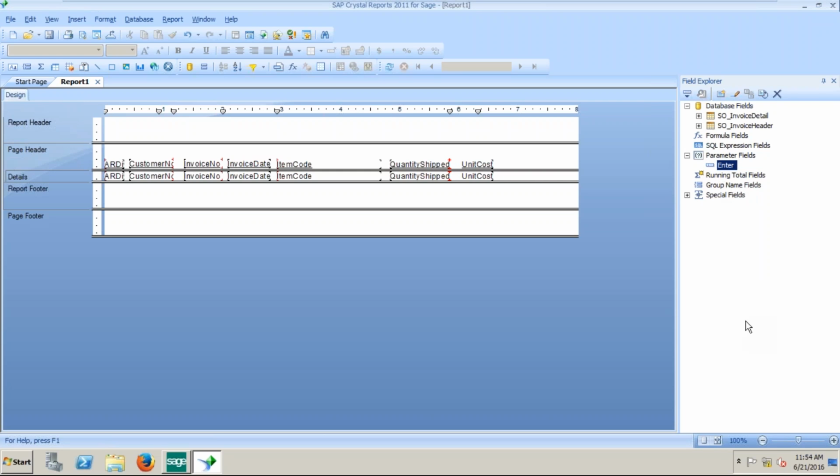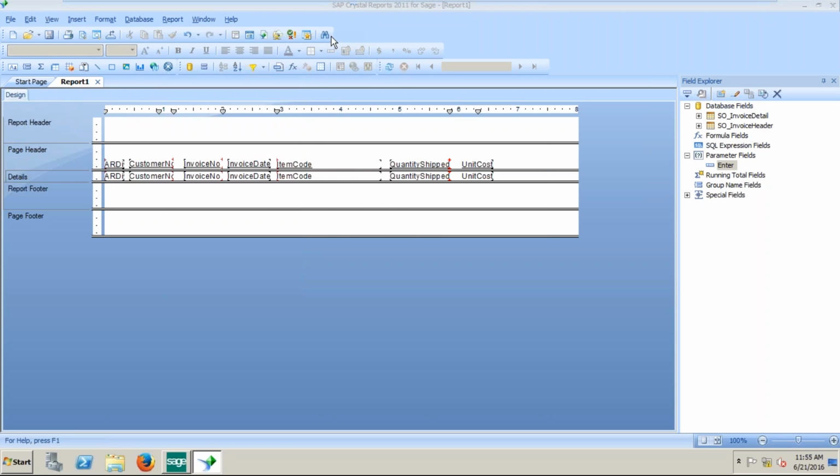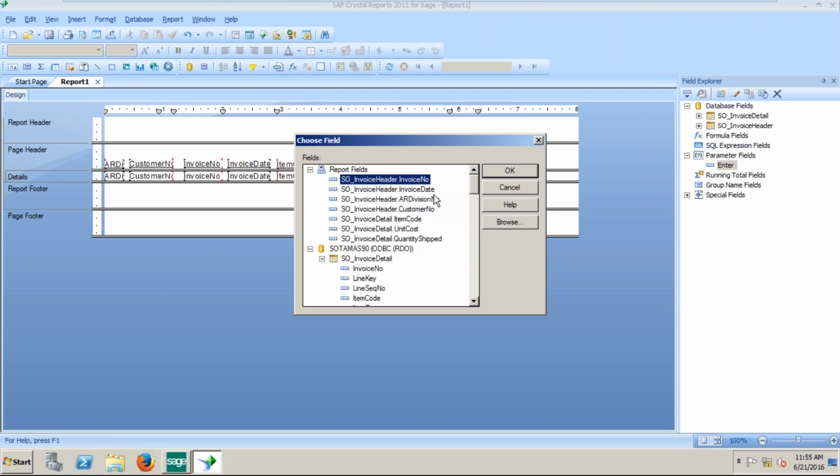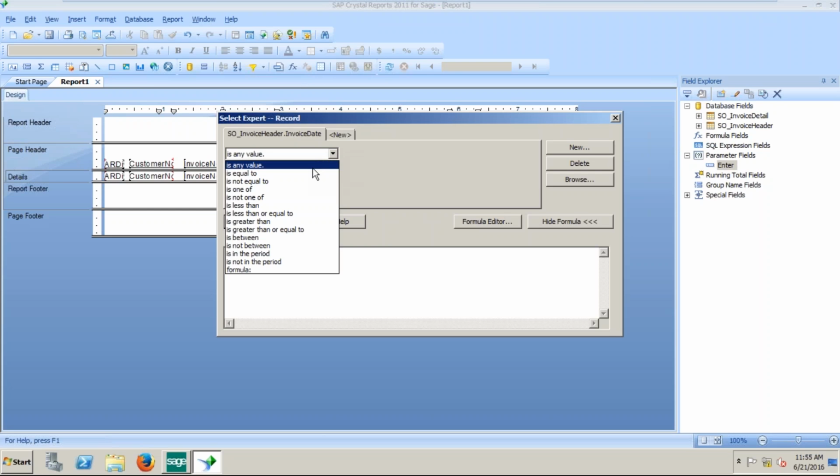And once I get that field in, now I've got to tell it to look at that field when I run this data. So what am I looking for? I'm looking to sort this report based on the data that I input at the time I generate the report. So I come up to Report here, click on Select Expert, and select the records, because I want to select the records based on invoice date for the range of my parameter field that I'm going to give it. So I'm going to say is equal to